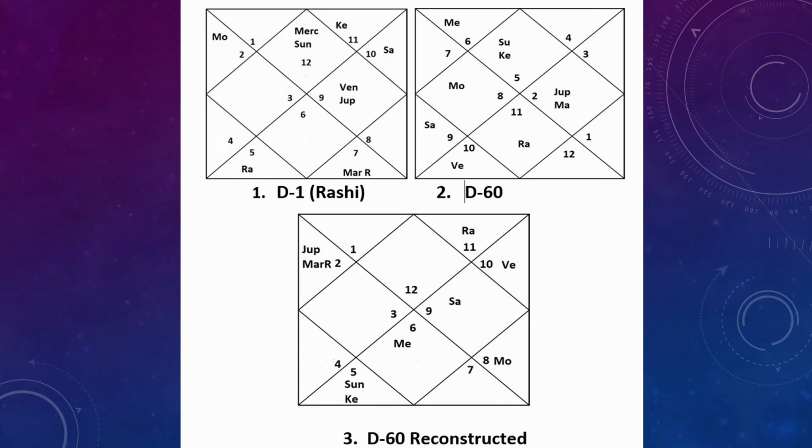Suppose you can see that Sun and Ketu are in Leo. So in the reconstruction work, we have placed Sun and Ketu in Leo only, and in this way we will reconstruct the Shashtiamsha, and then you can analyze this chart in the same way as I have mentioned earlier in the video. You know that there is a beauty to the Shashtiamsha chart, and that beauty is that you can understand your past life deeds.